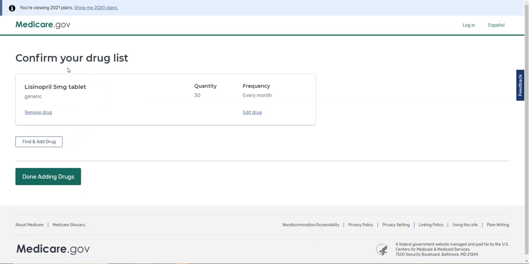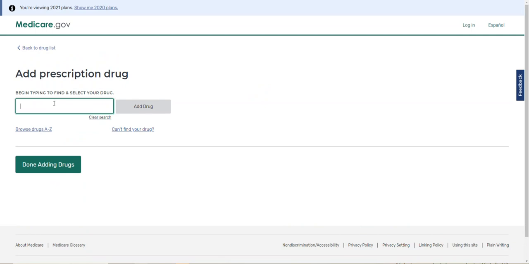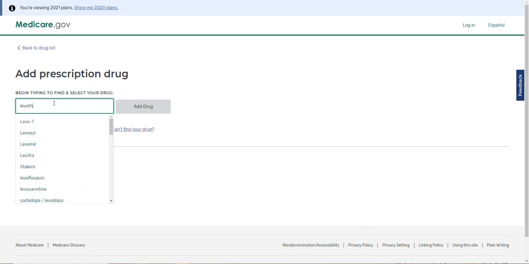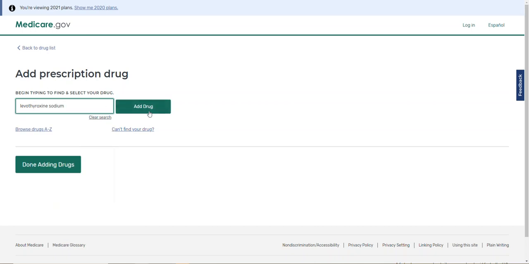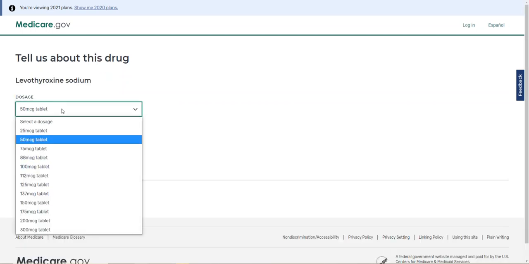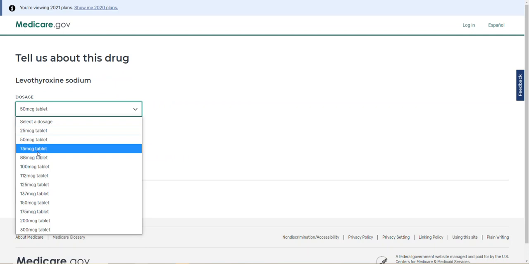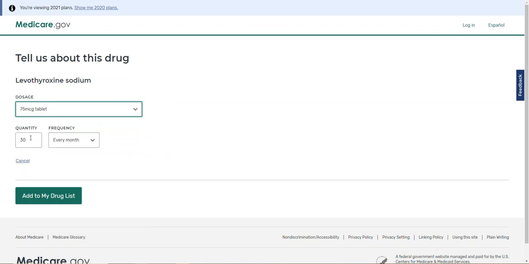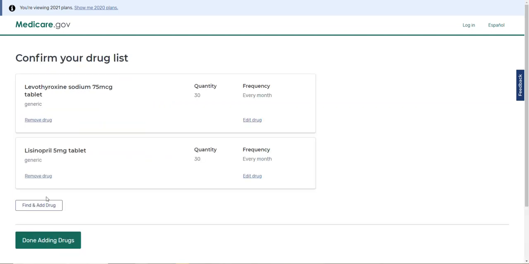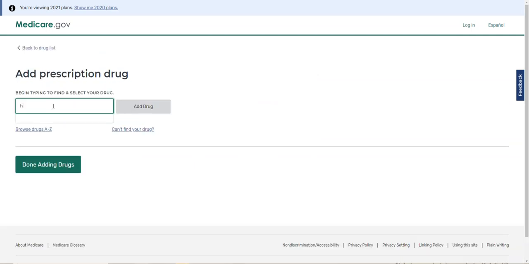So my drug list is starting to add up here. I'm going to add another drug. He also takes levothyroxine. So here's the levothyroxine drug. I'm going to add that drug. And he takes a 75 mcg tablet once a day, or 30 every month. I'm going to add another drug. He happens to take